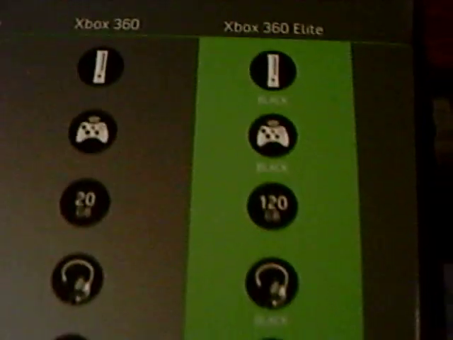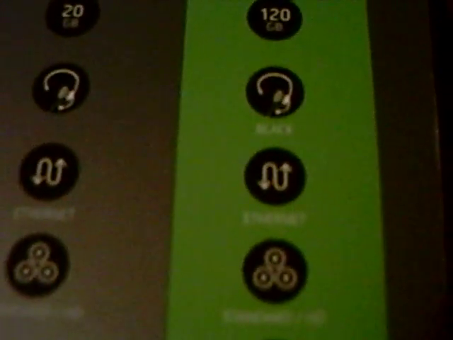Mine came with an HDMI cable and a 120 gig hard drive. This is what came with my system when I first bought it: Ethernet, HDMI. Now, as you see right through here, it's comparing all the 360s, whether Arcade, Core, Pro, or Elite. It says the Arcade plays only